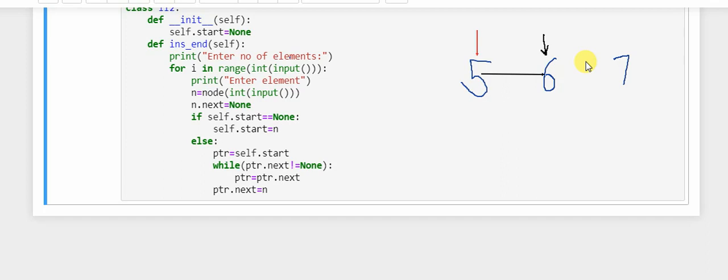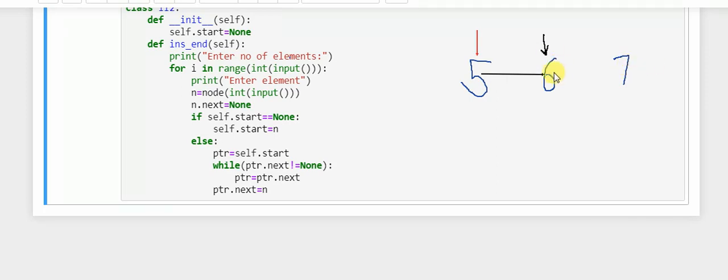So our ptr is going to be pointing at the address part of this node. Now when the loop breaks, it says that ptr.next equal to n. So ptr.next, that is the address part of this node, is going to be pointed toward this node.